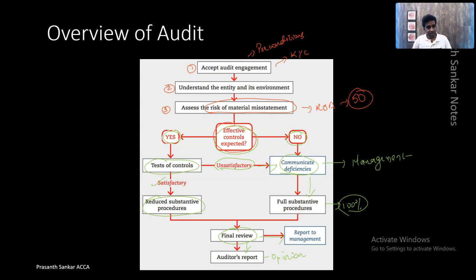Because also another part is that risk of material misstatement is a deeper question. There are various risks out there, and we might have to identify the risk and write it in a deeper way. So it's very important that you understand certain specific topics before you go and write the attempt for the 50 marker.